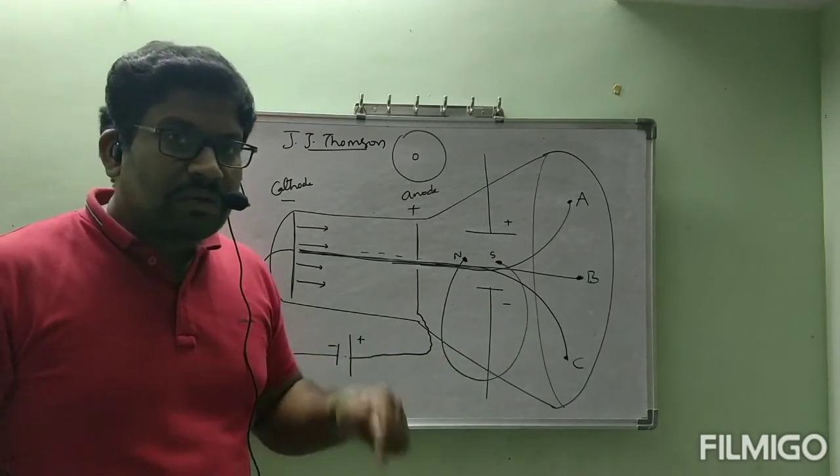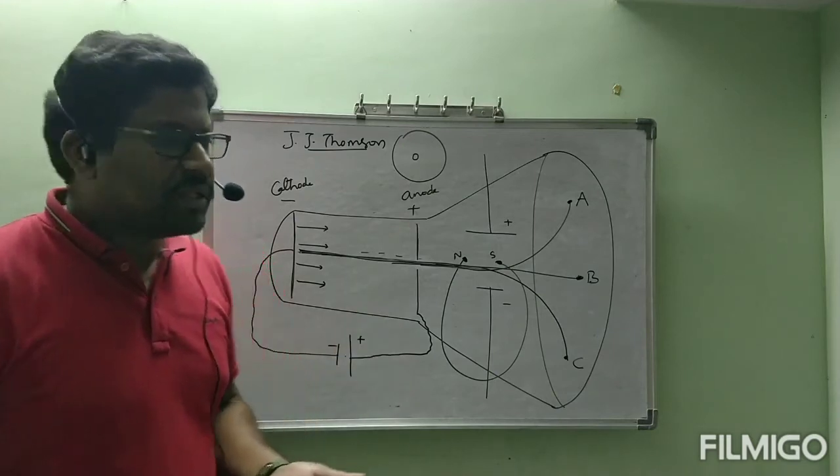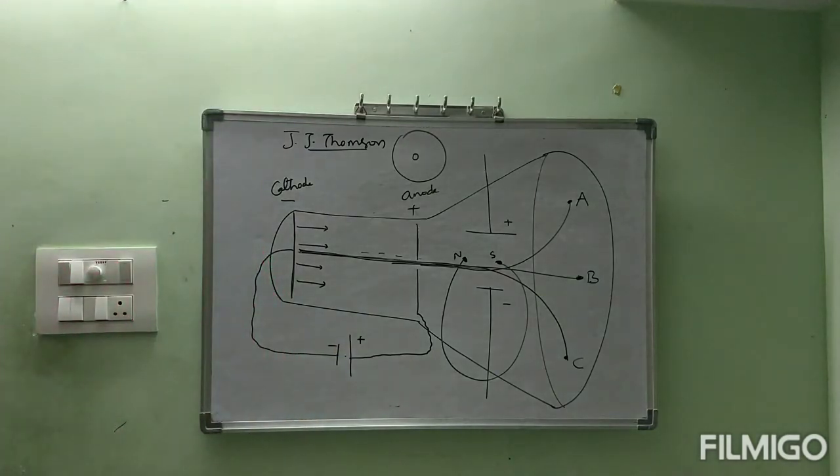From this, what are the conclusions we can make? I am going to rub this one and explain. Before that, I hope you are clear about this diagram and what the points A, B and C are, where the locations are, all these things. You are clear, I think. Okay, shall I continue, ma? Let us see the continuation.